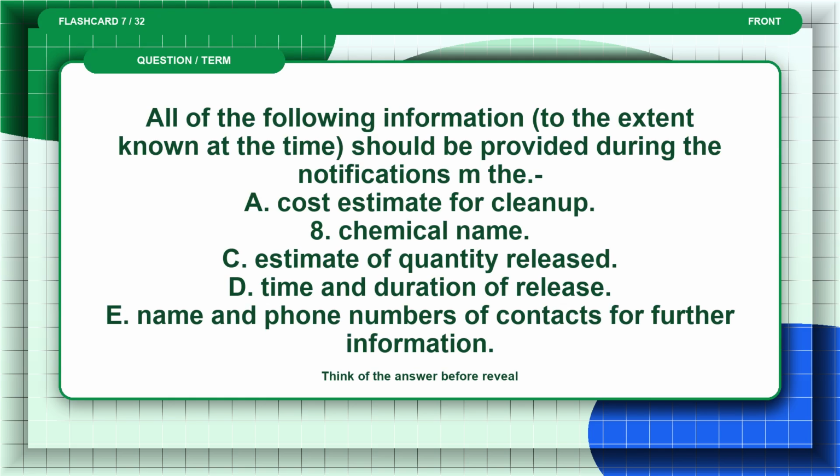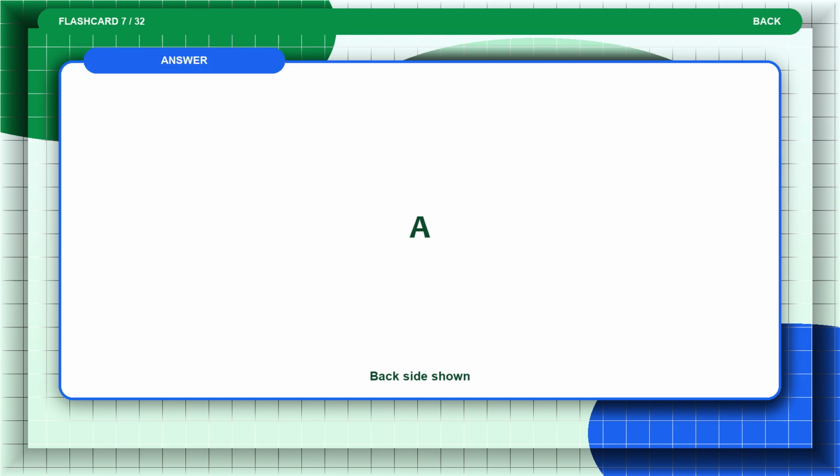Flashcard 7. All of the following information, to the extent known at the time, should be provided during the notifications except: B. The cost estimate for cleanup. A. Chemical name. C. Estimate of quantity released. D. Time and duration of release. E. Name and phone numbers of contacts for further information. Think of the answer before the reveal. The answer is